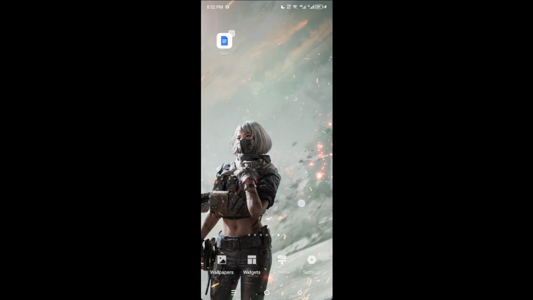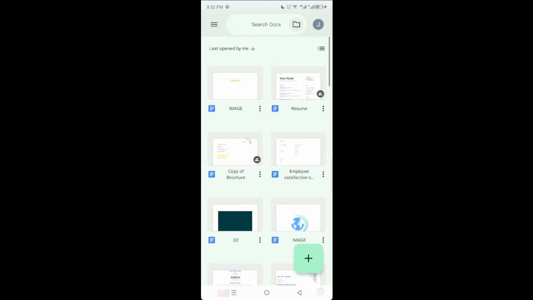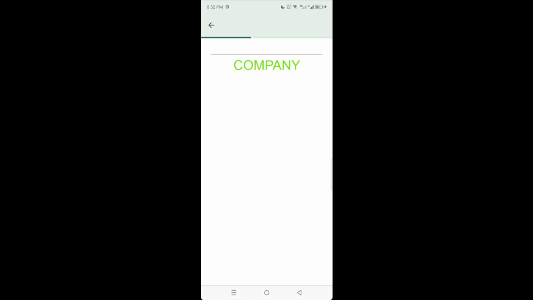Start by launching Google Docs on your phone or tablet. Once the app opens, go ahead and open the document you want to change. You can pick it from your recent files or browse your folders. Either way is fine. If the file opens in a read-only preview, don't worry, we're about to switch into editing